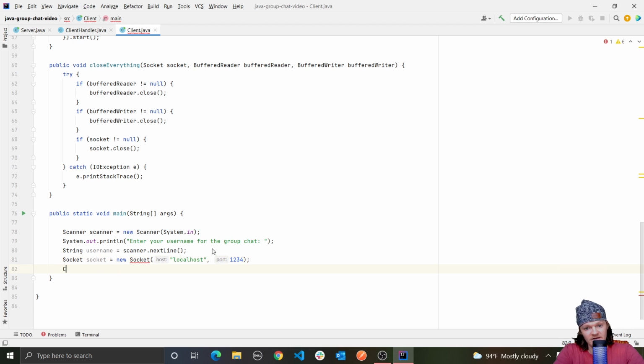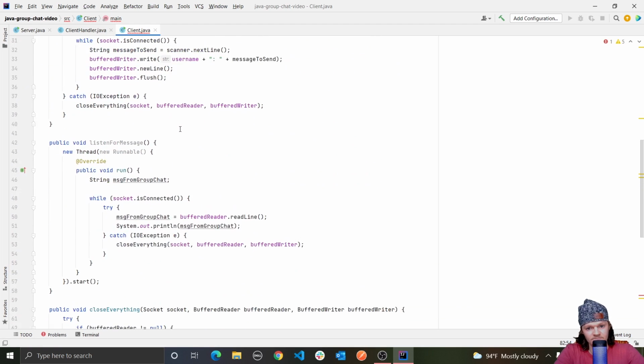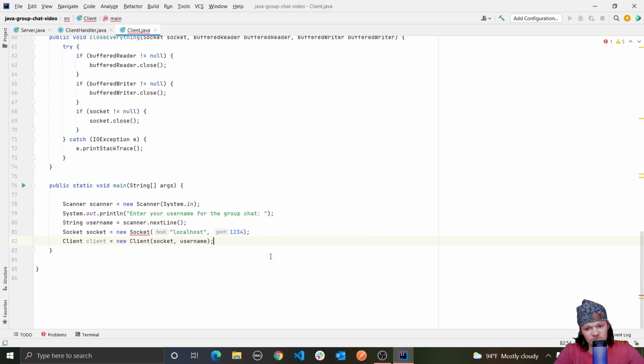And then let's create our client object. So client equals new Client, and what it takes, of course, is a socket object and then a username. So we're just instantiating the class we made right here. And then finally, let's just run our two methods to listen for messages and send messages. So we're going to do our client.listenForMessage and